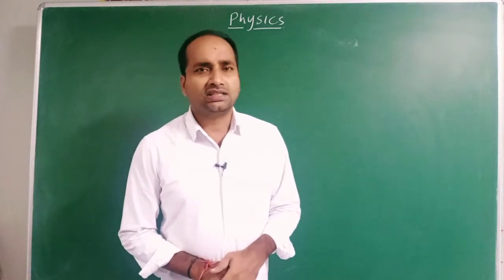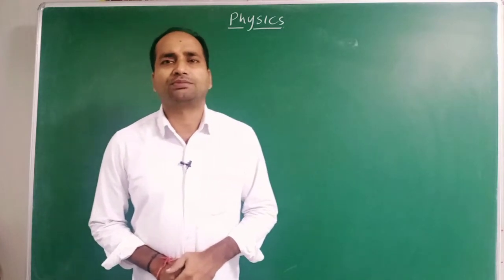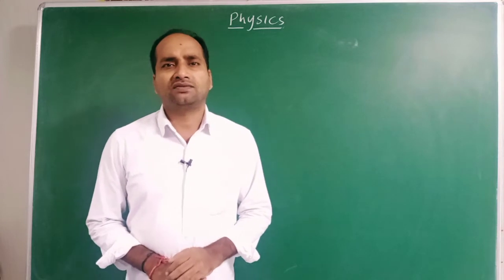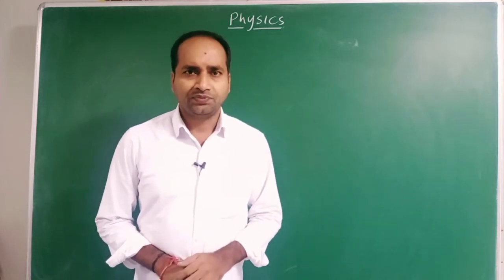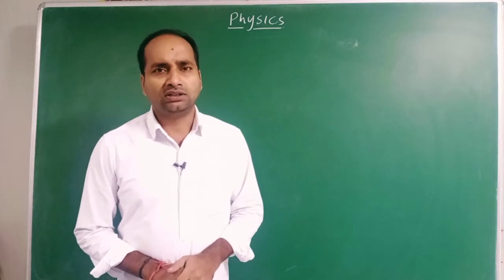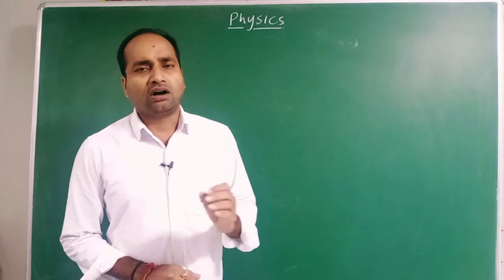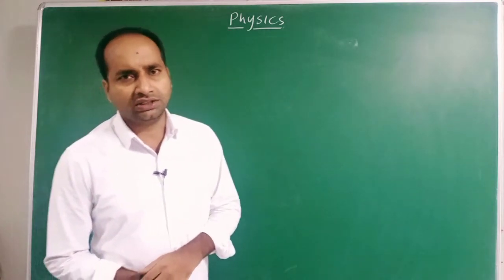The capacitance of the spherical capacitor can be written as C equals 4 pi epsilon naught R. That means the capacitance of the spherical capacitor is directly proportional to its radius and also depends upon the medium in which it is placed, but not on the charge and potential. So these were completed in the last session.